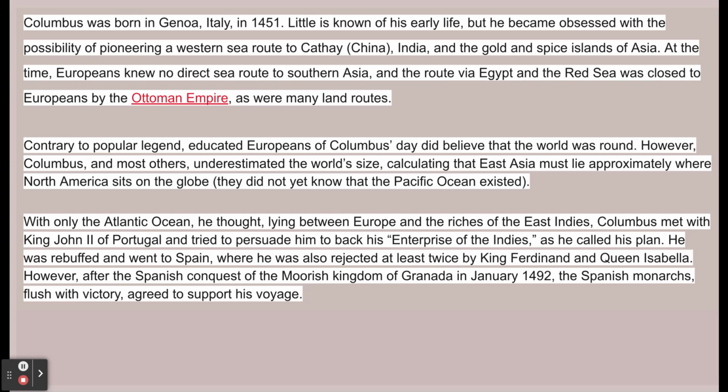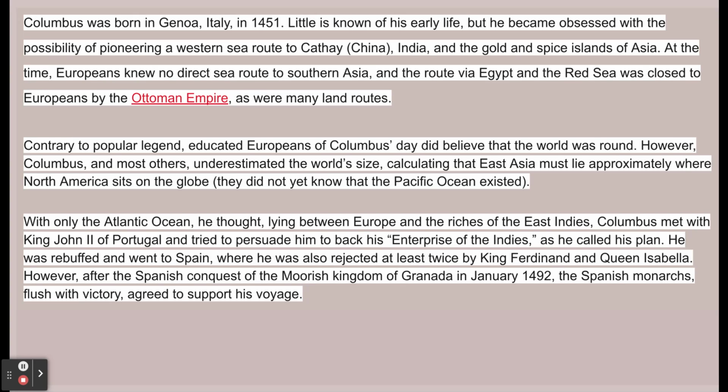However, Columbus and most others underestimated the world's size, and they calculated that East Asia must lie approximately where North America sits on the globe. They thought the Earth was way, way smaller. They didn't even know that the Pacific Ocean existed. With only the Atlantic Ocean, he thought, lying between Europe and the riches of Eastern India, East Indies,